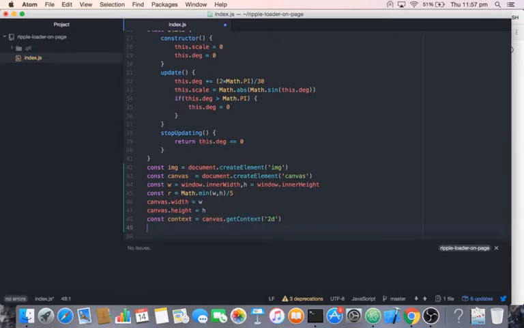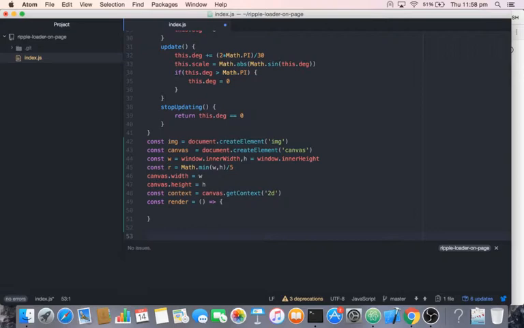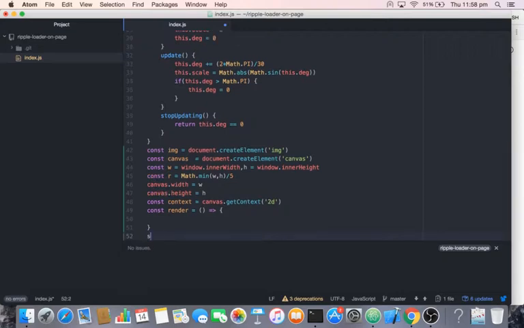Okay, now we'll draw the thing. Const render. Okay, we'll call this thing in render, instead of render let's have